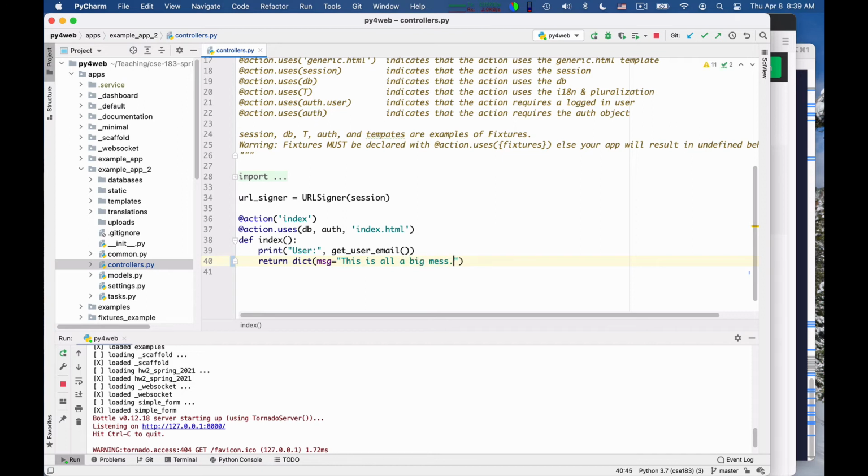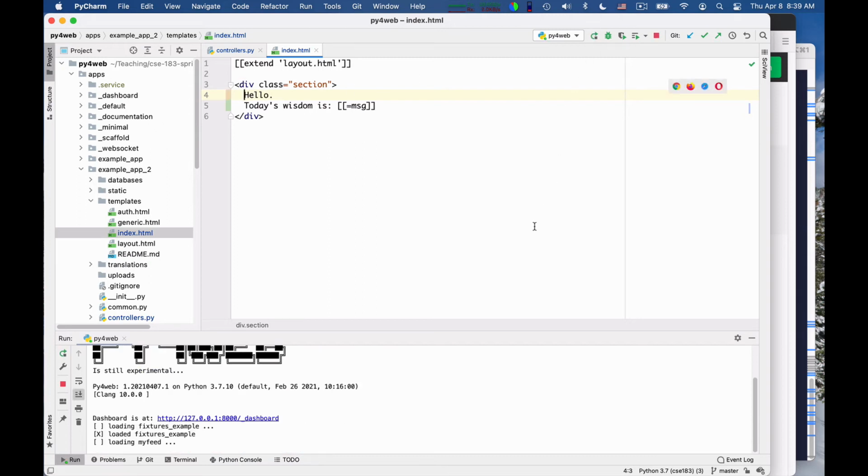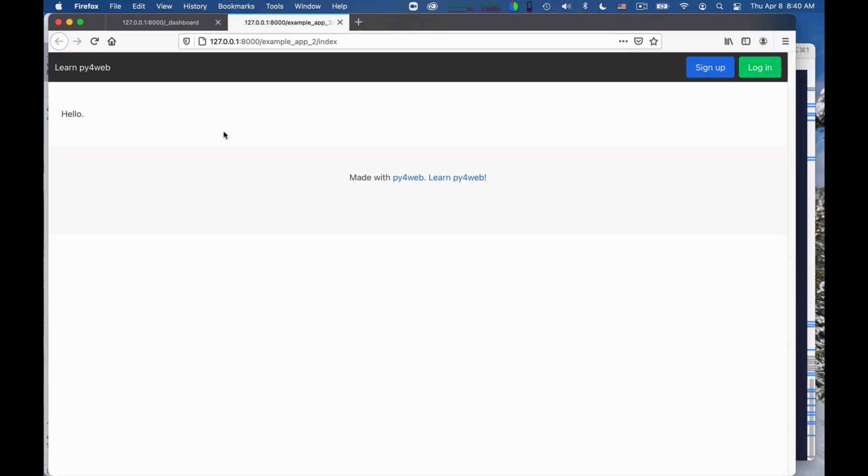And if you go in the templates and you edit index now, you can say hello, and today's wisdom is, and insert here the message that comes from the controller. So let me see whether this works. I restart Py4Web. I keep an eye for errors at the bottom. I don't see any errors, so maybe it will work. Now I reload the page.